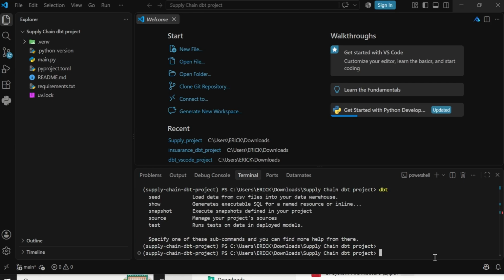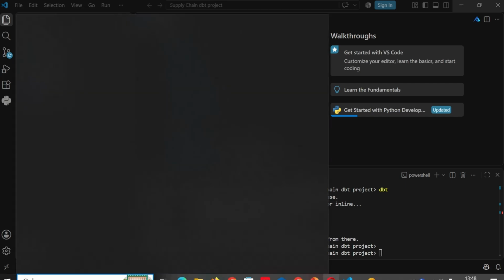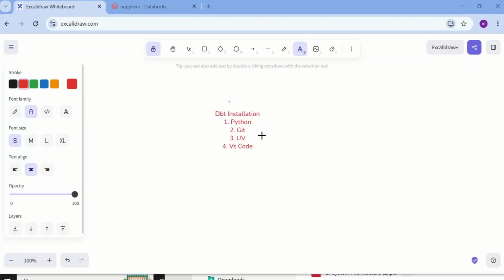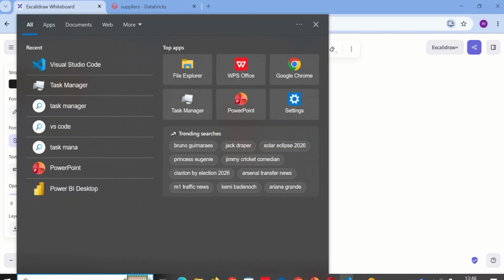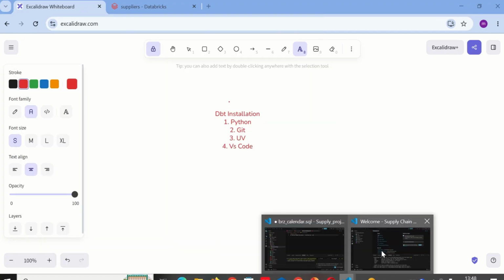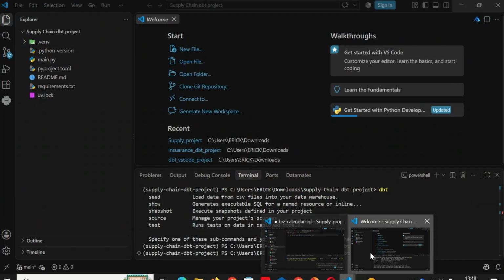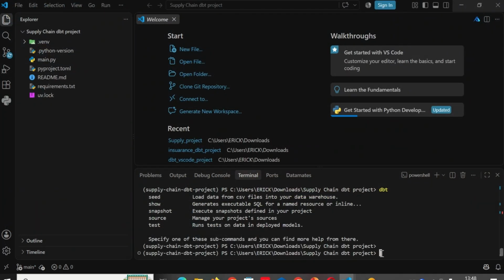Yeah, so after this, let's also add the git. Remember we installed also the git. So let's add the git into the virtual environment also. For that, just write git